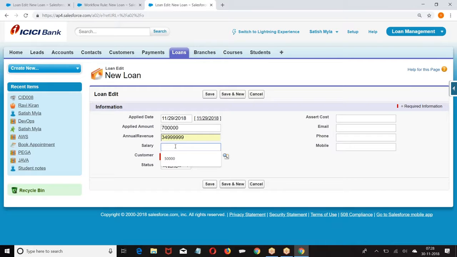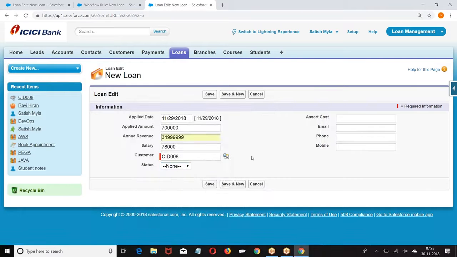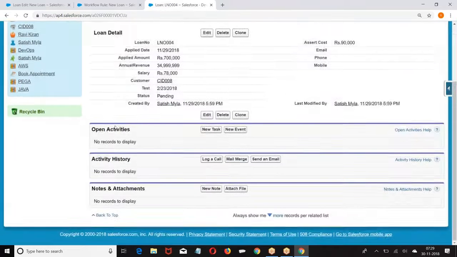Some amount we give. Status I am not mentioning here. Whenever a new loan is created, status is updated as pending.